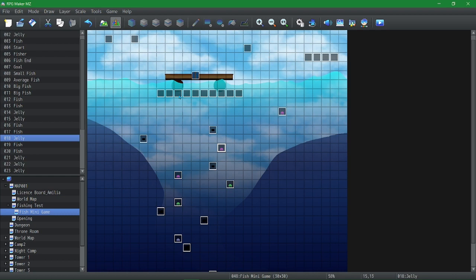Oh yes. So when you have the fish on, you rise to the surface, and how does the game know that you've reached the surface? Well, that's these events down here. This is a personal choice. You could go all across the surface if you like, but I just have it set near to the player because that just made sense in my head.